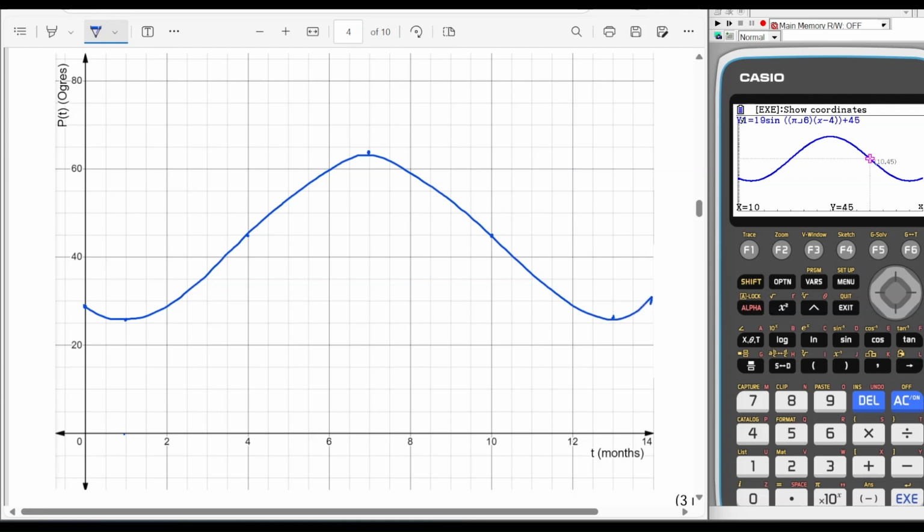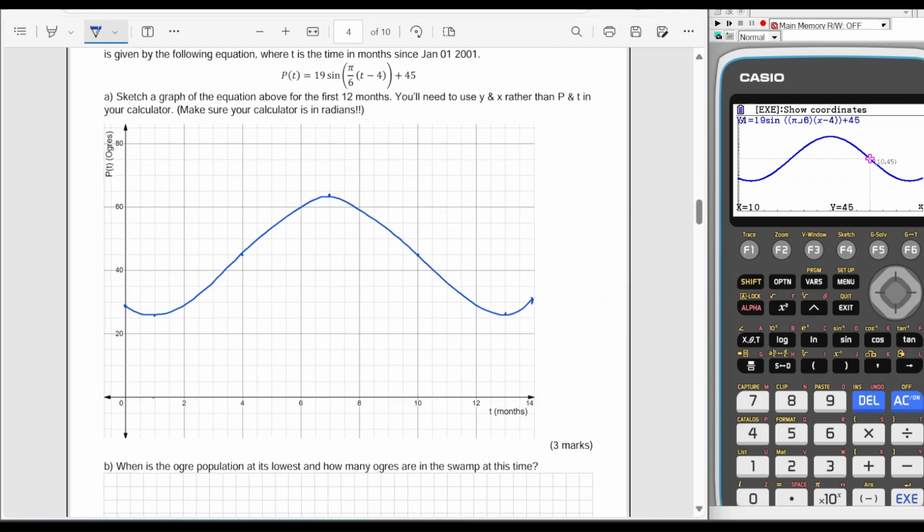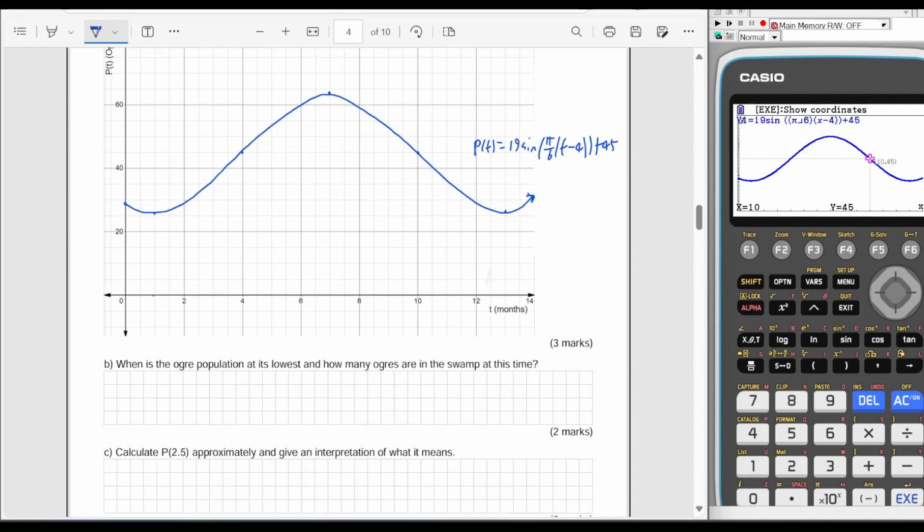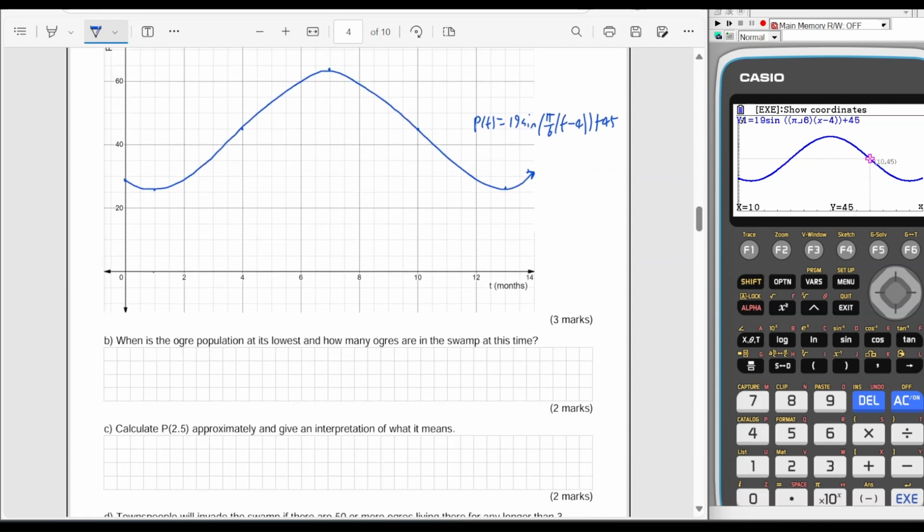There we go. Okay, so then we have to put the equation on. So arrows on the end of the graph, and then the equation: P of t equals 19 sine(pi over 6 (t - 4)) + 45 ogres. All right. When is the ogre population at its lowest, and how many ogres are in the swamp at this